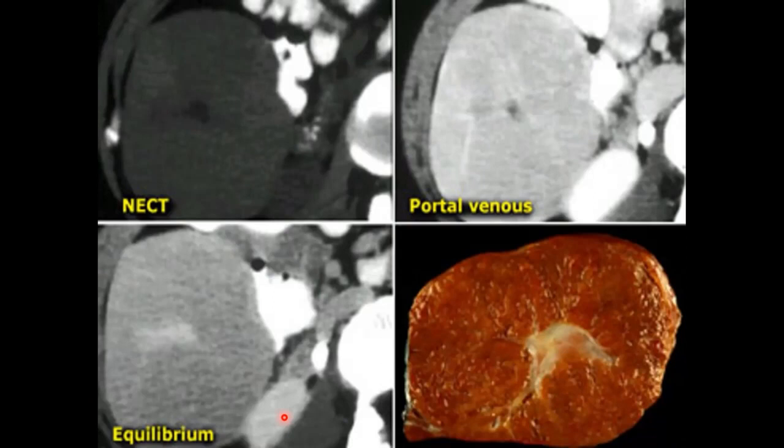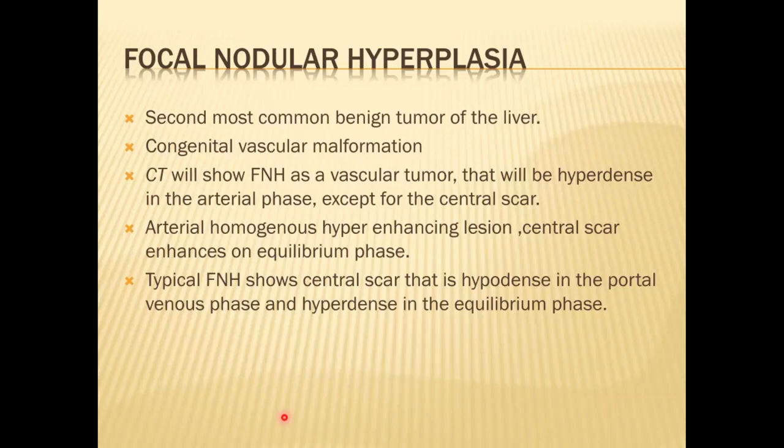This is another benign lesion of the liver on triphasic CT. Any guesses? This is a focal nodular hyperplasia. It is the second most common benign tumor of the liver. It is a congenital vascular malformation